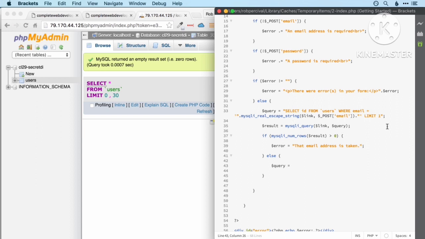So let's run our query. This is going to be insert into users, and we're inserting 2 fields, email and password, and the values for those fields are going to be the email address, which we've already got escaped right there,